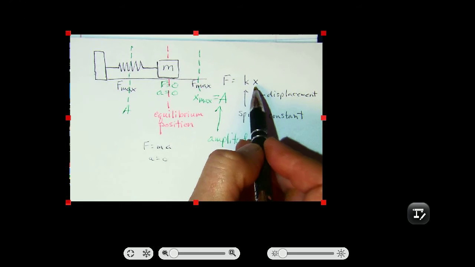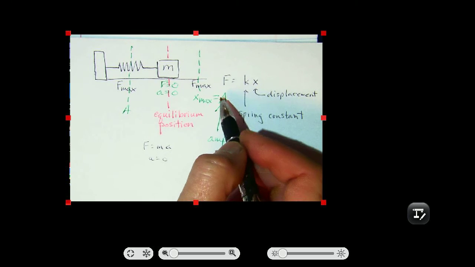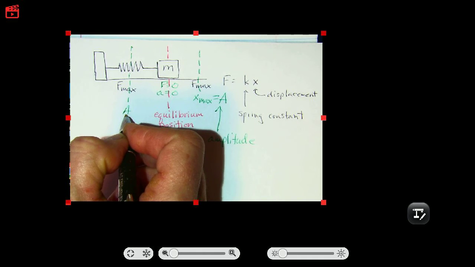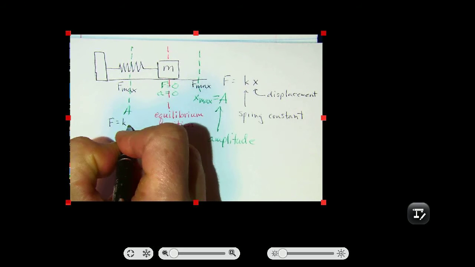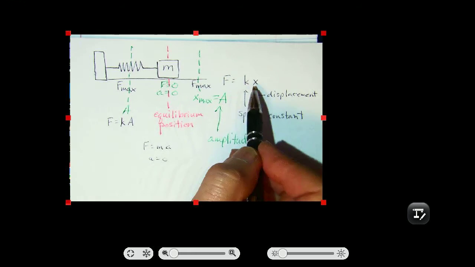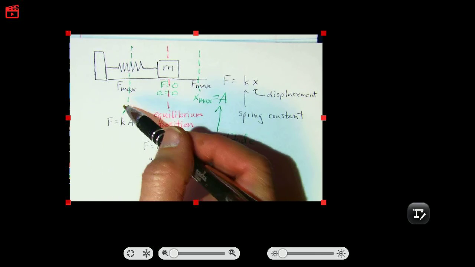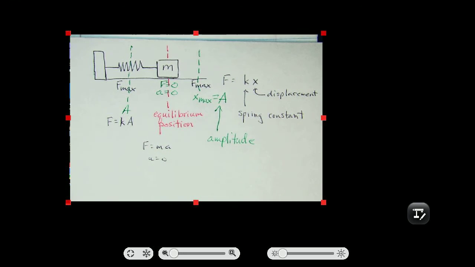Because there's where we have the maximum displacement. Okay? And the size of that force, if our maximum displacement is A, is F equals kA. Okay, again, remember A is what x is, but only at this position. It's that maximum value of x. Now, another key thing to note here,